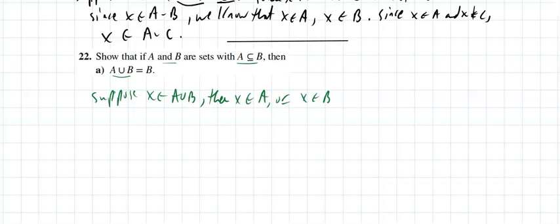Actually, I should say either X belongs to A. If X belongs to A, it automatically belongs to B because A is a subset of B. Or X belongs to B. Well, in either case,